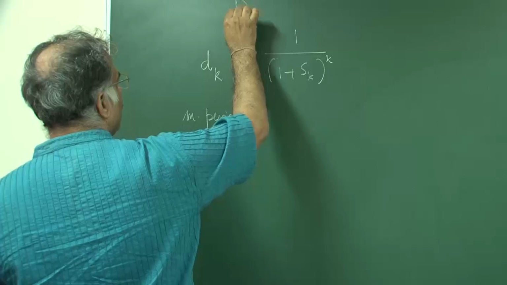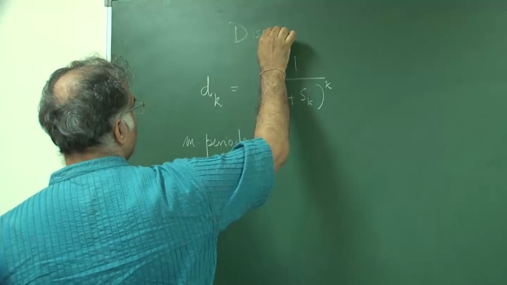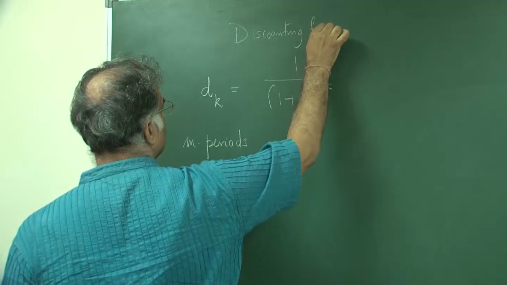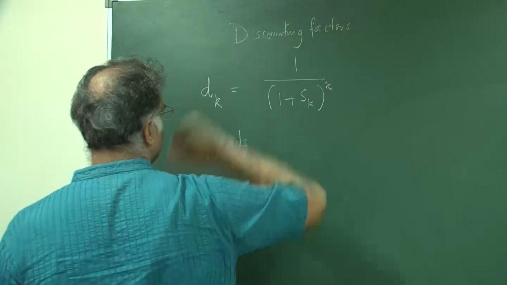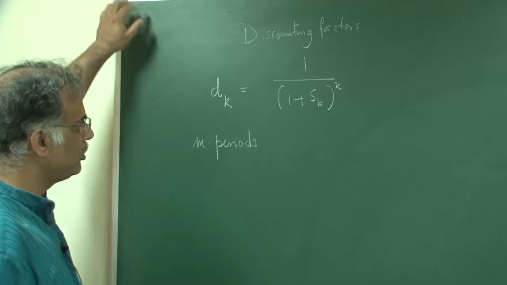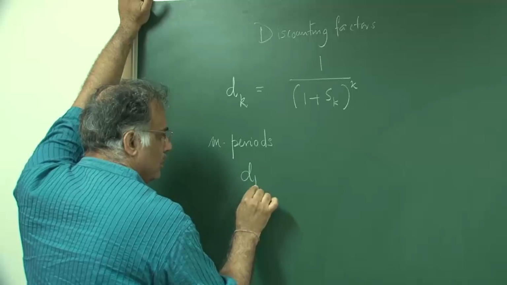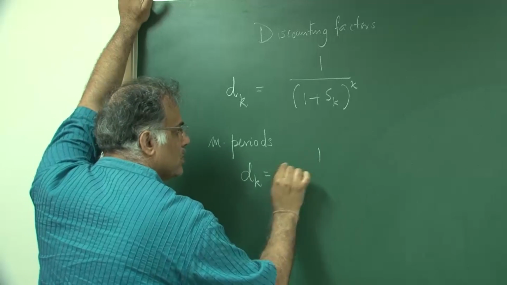So, let me write down the discounting factors. When you write down m period compounding, what you have is the following: 1 by